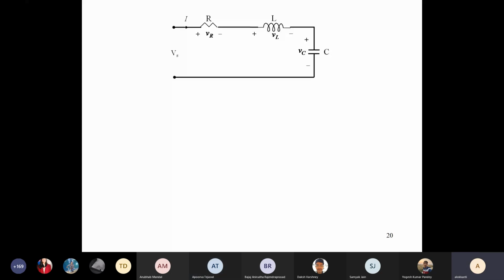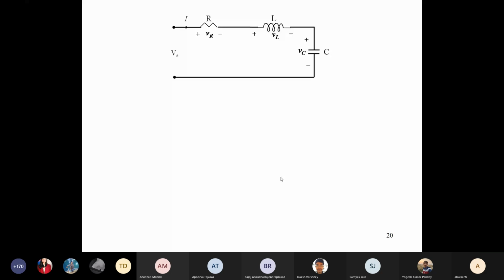We'll start the discussion on the numericals on the RLC circuit. These are the three basic circuit elements that have already been taught, and they are present in plenty throughout the network. As soon as you have a wire, there is a resistance. As soon as you have a coiling, there is an inductance, and then you have a capacitance as the other